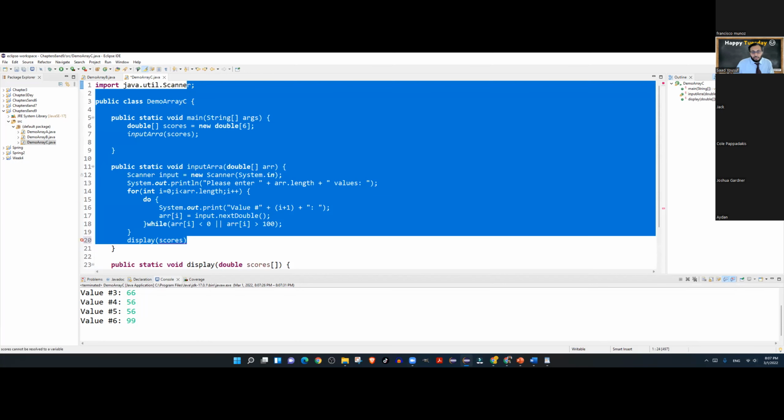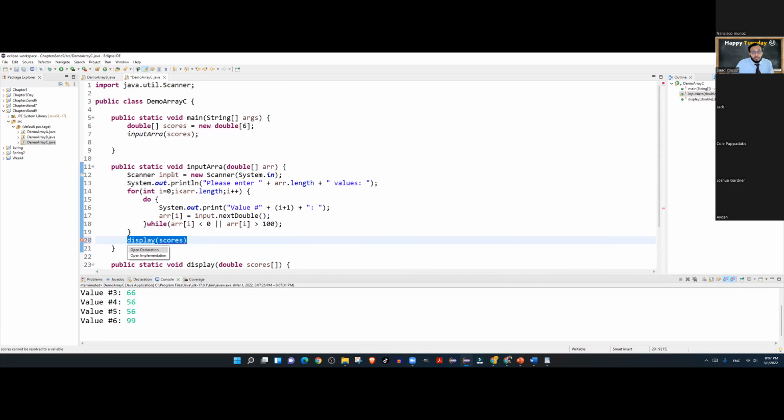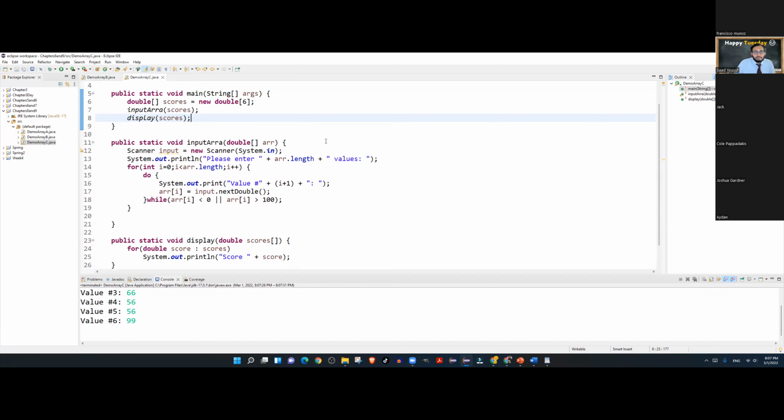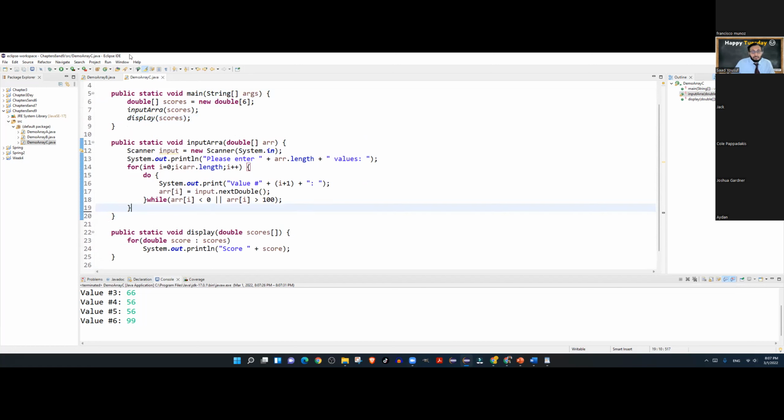Oh, not here, sorry. It has to be in the main. And here it displays all the scores back.